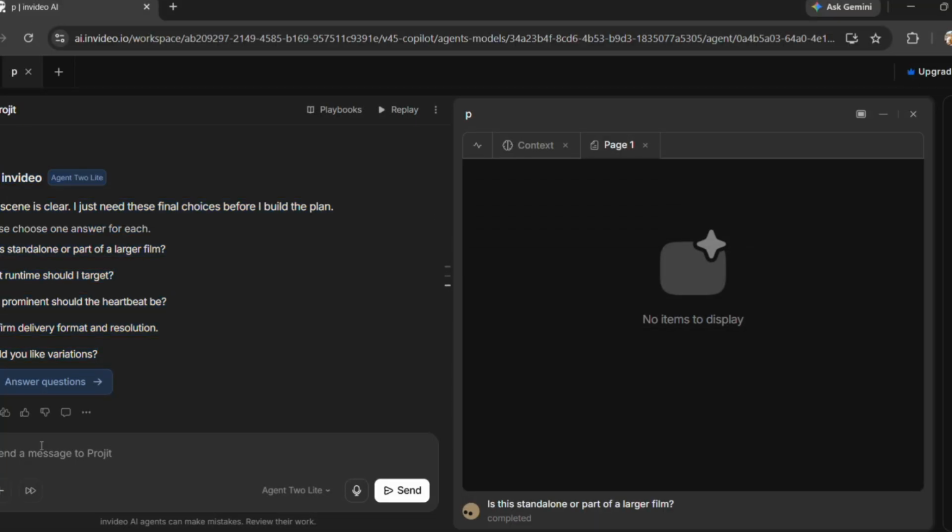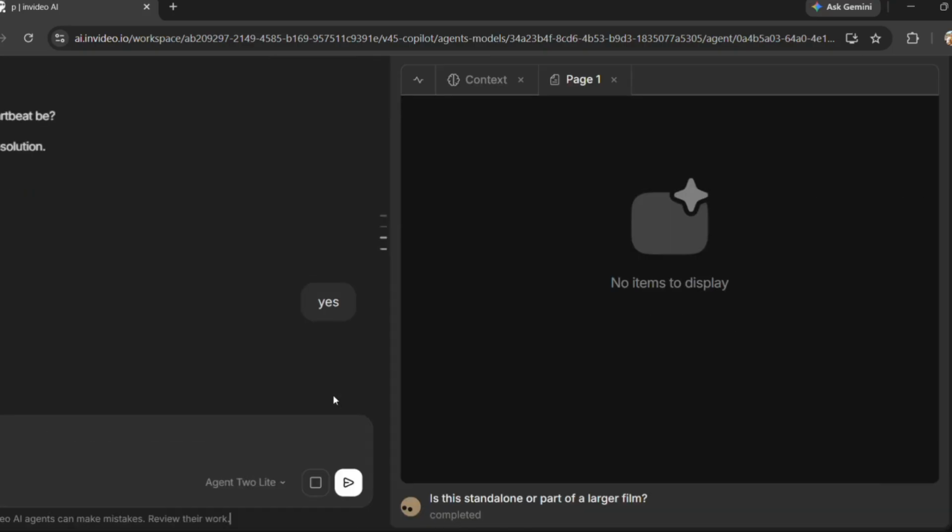My personal opinion, the biggest advantage here isn't one individual AI model. It's having the whole film